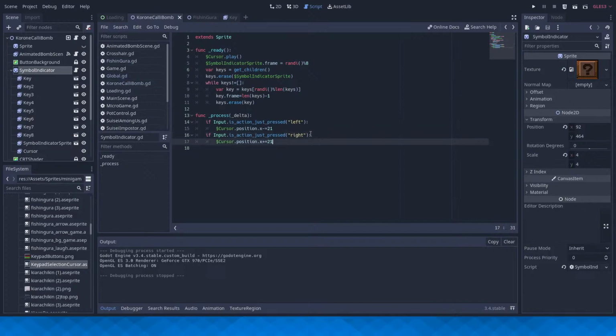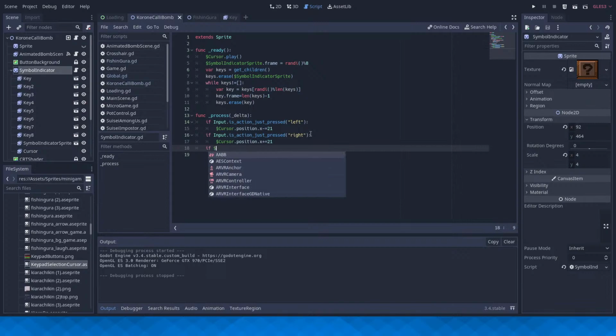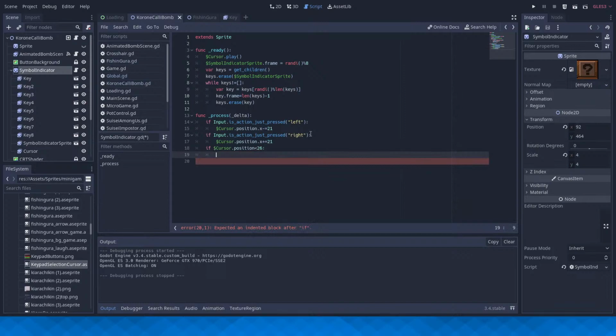Right. So, let's just say like, if cursor dot position is less than 26. Wait, hold on. I need to make sure I know an index as well. Like a child index or something, from what the cursor is pointing at.